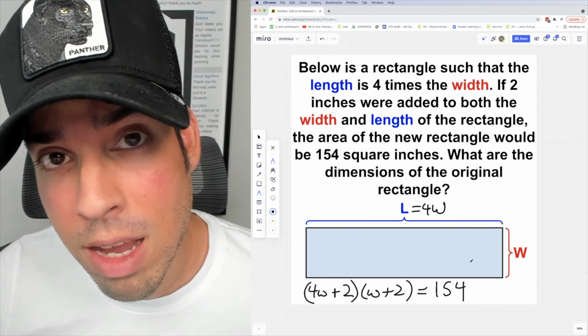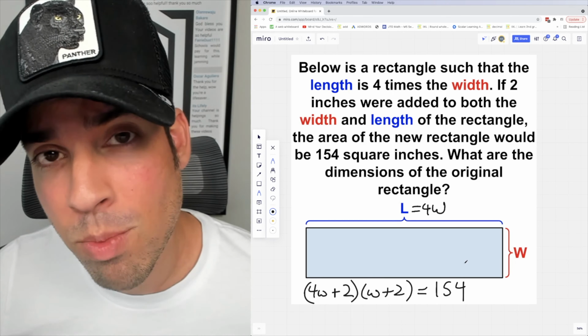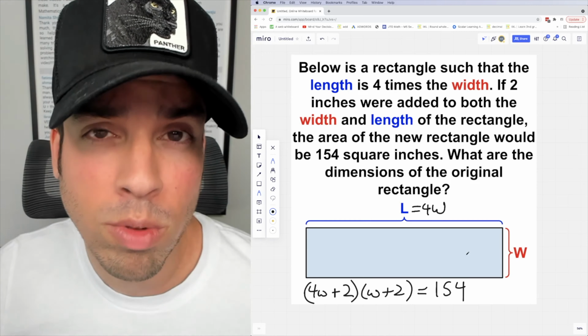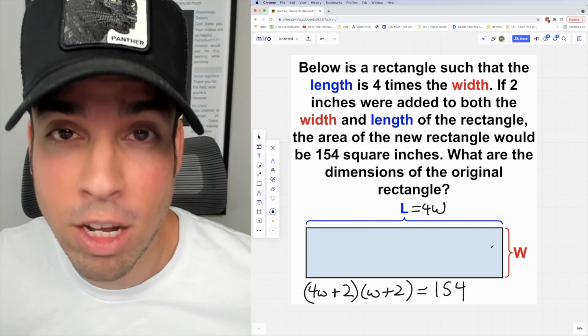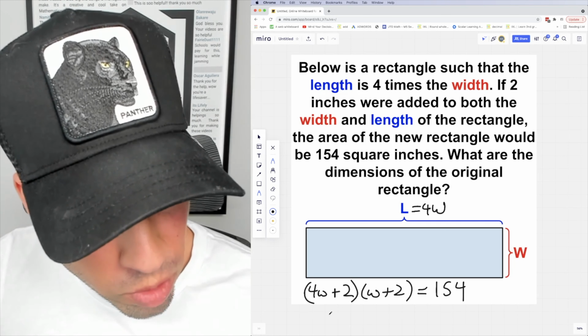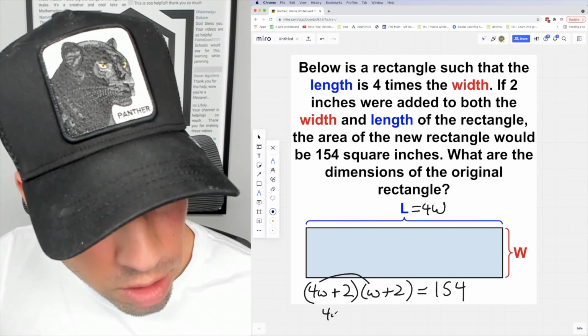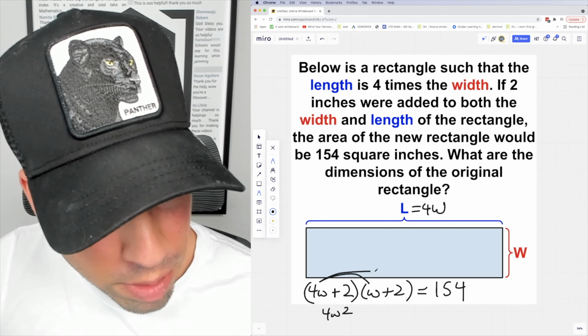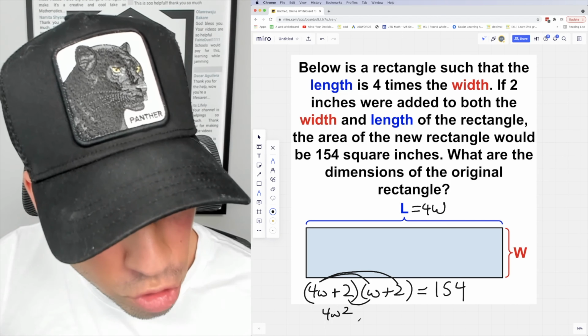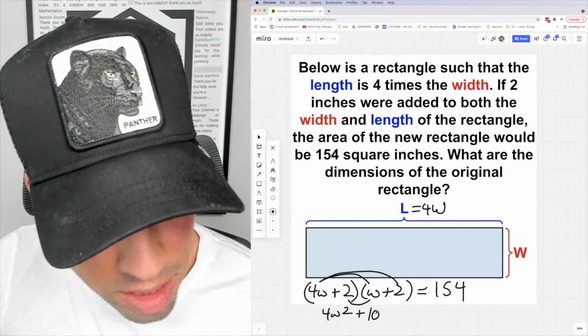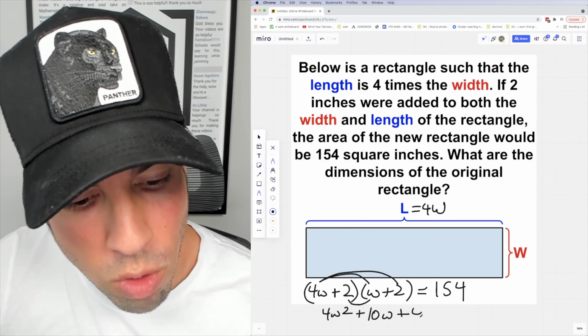Guess what? Now I have an equation. Now I can solve. By the way, you could possibly solve this with a little bit of trial and error, but I'm going to show you the algebraic way. Next, we're going to distribute and we get 4w squared plus 8w plus 2w, which would be 10w, plus 4 equals